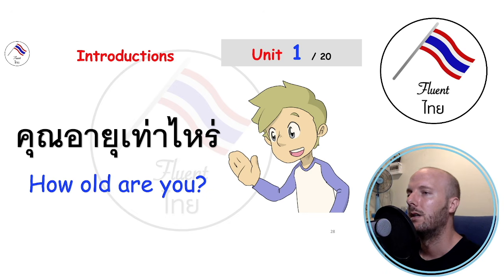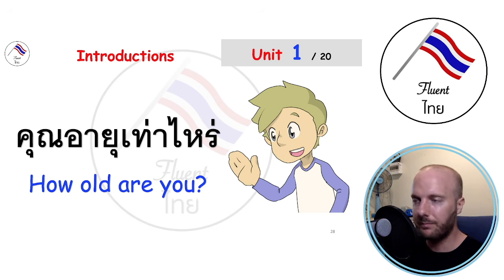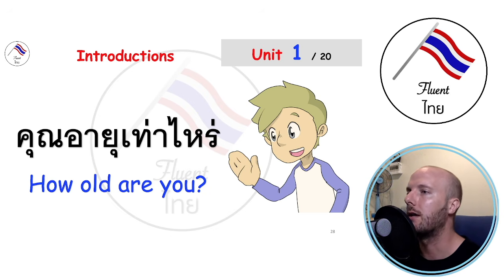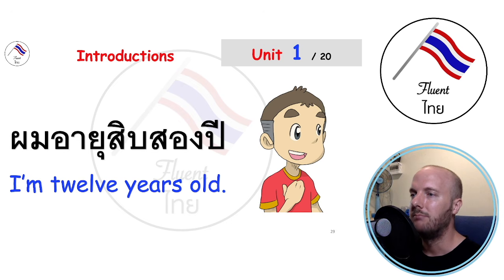How old are you? คุณอายุเท่าไหร่ครับ? Kun ayu taurai krap. I'm trying to read these at quite a normal speed or pace, not too slow, because I think you're ready for some basic sentences at normal speed, right? I'm 12 years old. ผมอายุ 12 ปี